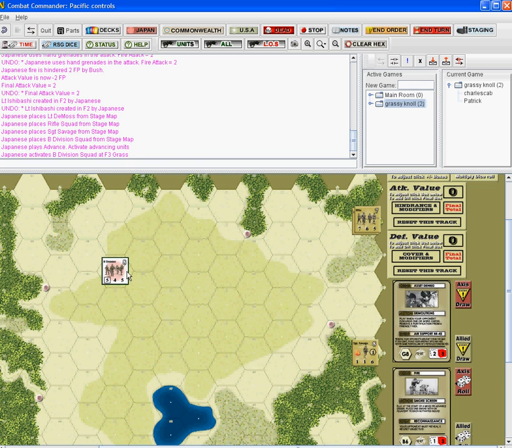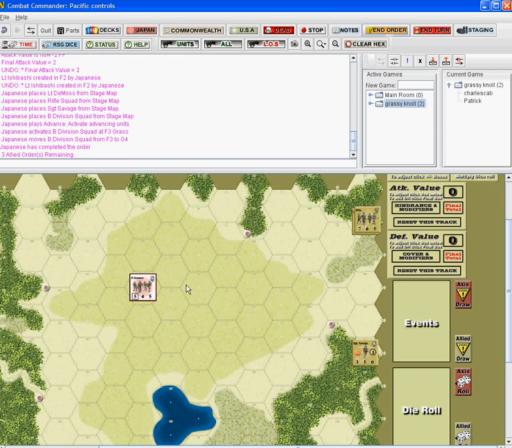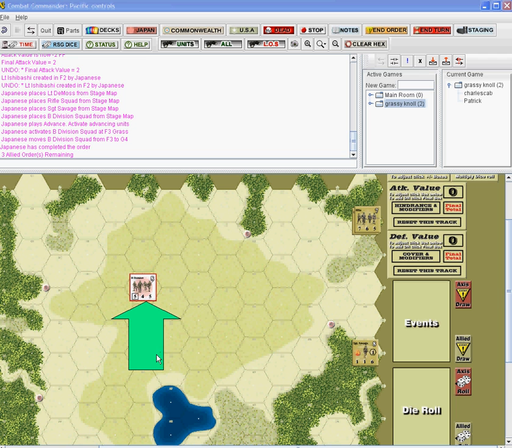Plus it clears away and discards all of the cards that accumulate either through dice rolls or random events. So it's kind of a one-stop button to do all the cleanup one order at a time. Plus it will also decrease the number of orders in your countdown, so we can see that the Axis would still have, in this case,